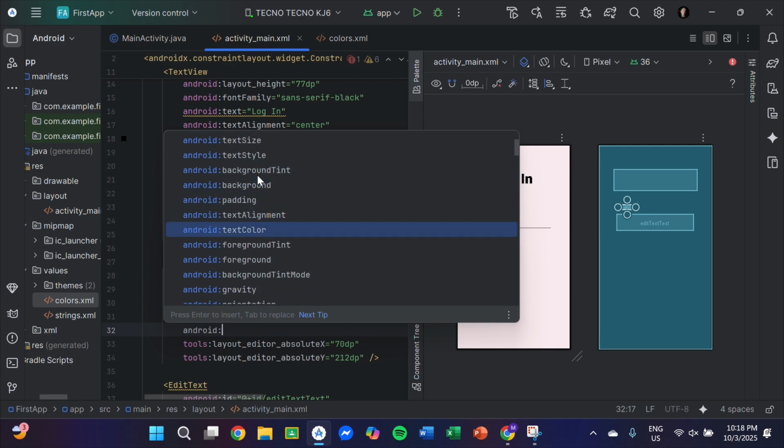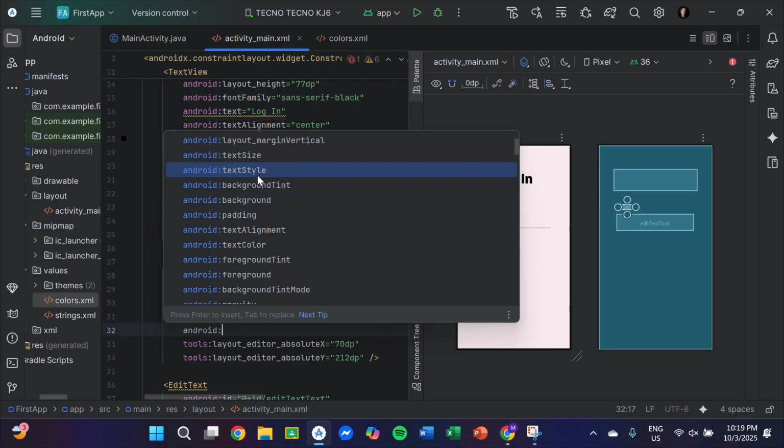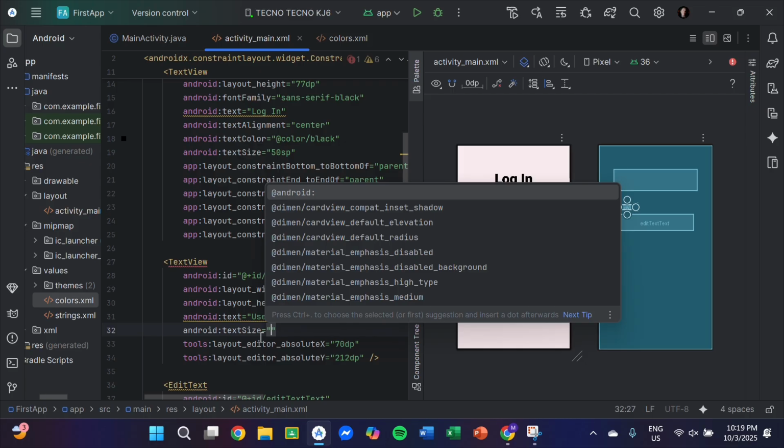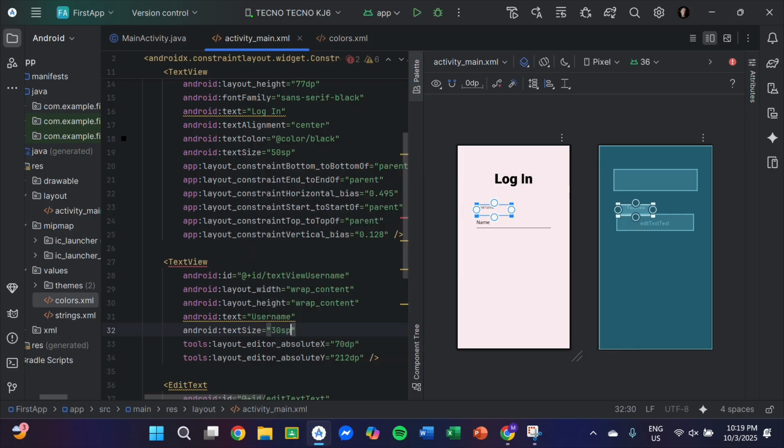You just have to use the down arrow, then select, and it will automatically complete your code. For example, the text size. I will select text size, press enter, and I have to put the value for it. So it's very easy.